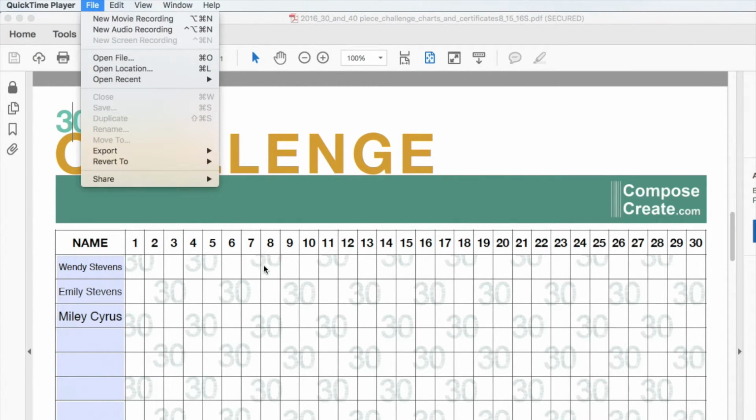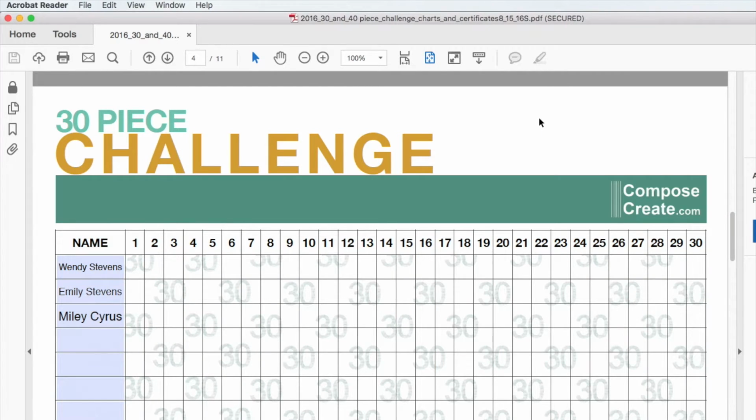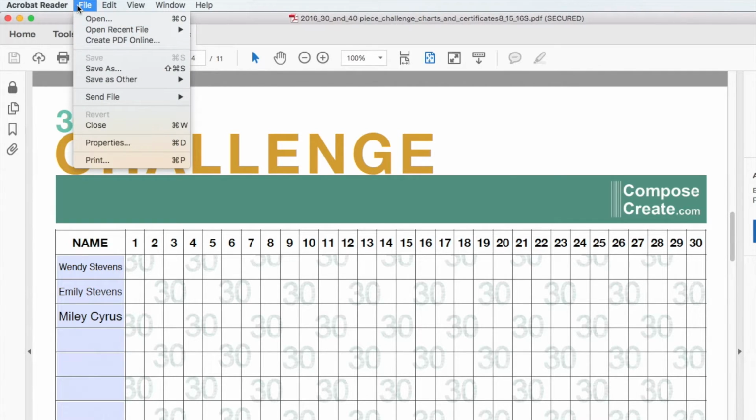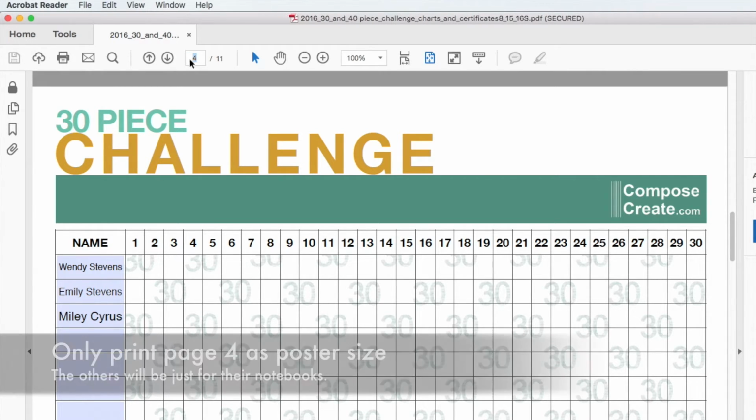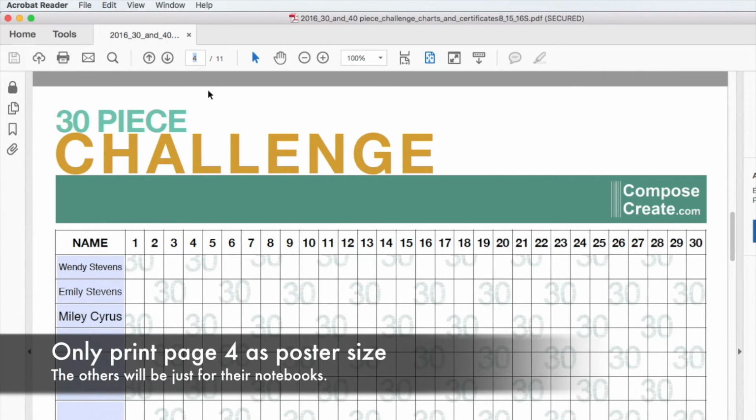But if you would like to send this to a printer and only, for instance, have this page printed as a poster size page to put on your wall, then you would go to File and then you would save it. You don't even have to go to File Save, just Control S or Command S if you're on a Mac. Save it, and then you'll just send the file to the print shop and say, okay, print page 4. You don't want to print all the pages in poster size, but please print page 4 as a poster size